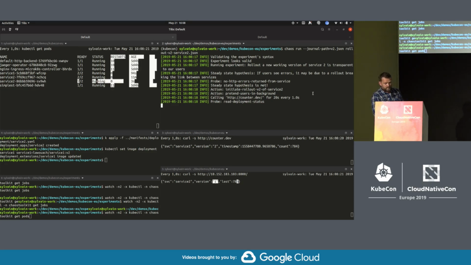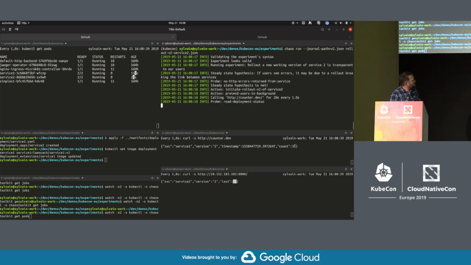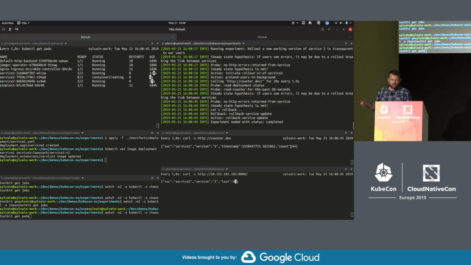The service is exactly the same, it's responding the same, and in theory it shouldn't break the service that users are talking to, because service 2 is actually sound and working fine. So we all see that the pods have been flipped, and now we're talking to version 2. But already, what's interesting here, while we checked for 500, we could argue we broke users' promises, because we reset the value.